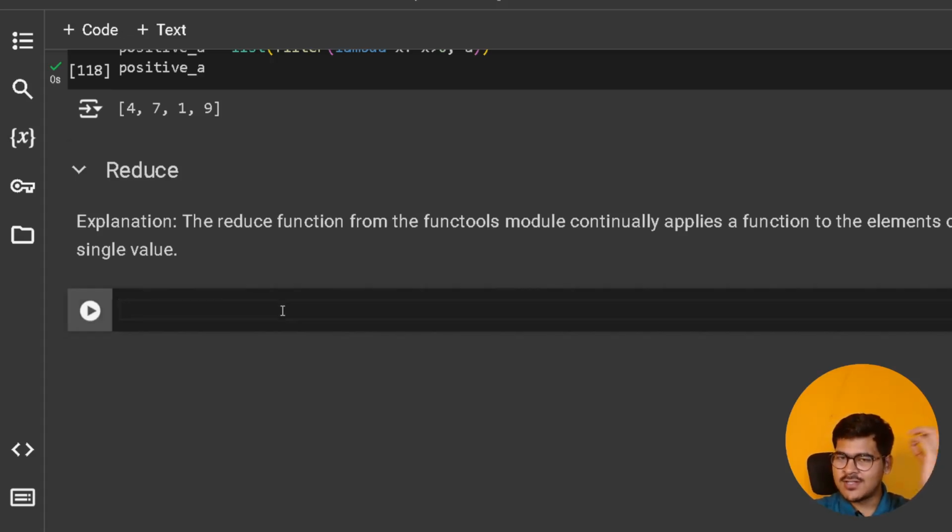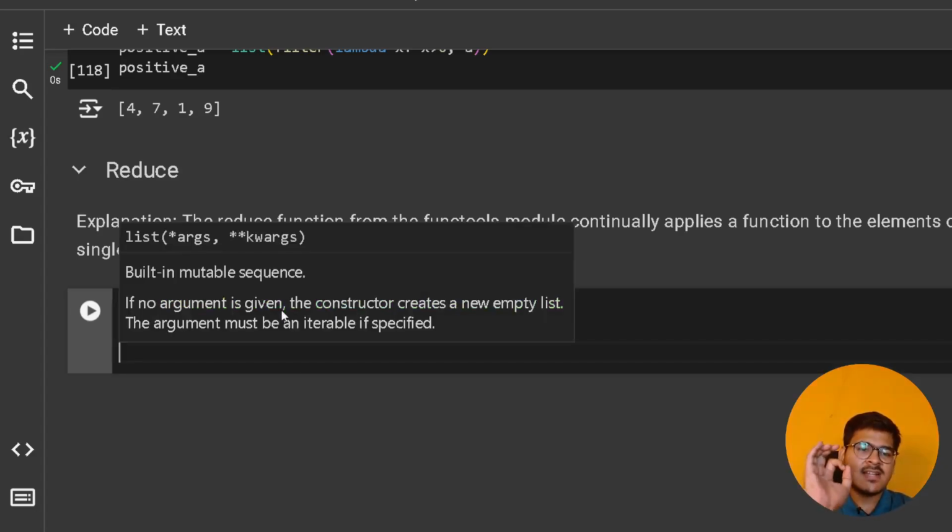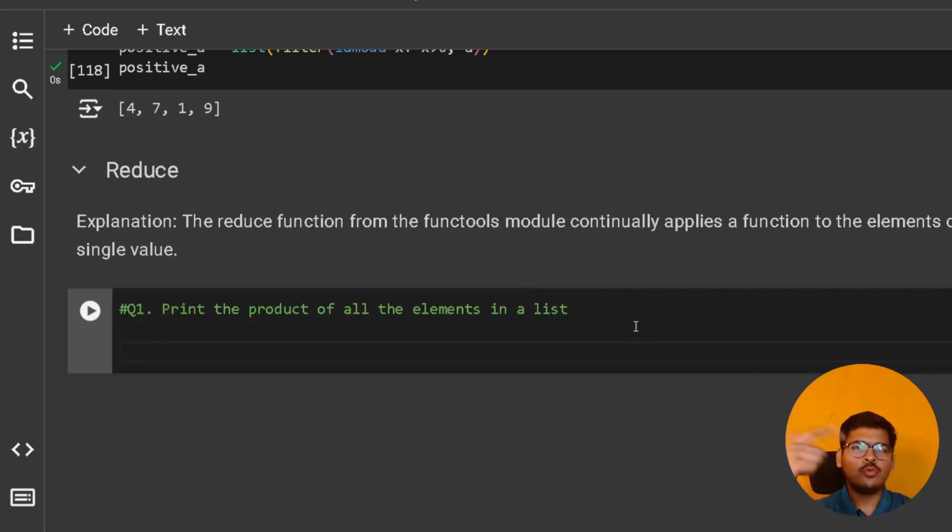Now let me help you understand, as always, with the help of an example. Suppose I have this question. Question 1: Print the product of all the elements in a list. Now let's understand how we'll do this. Again, you can write simple loop-based code to initialize product to 1 and then multiply by every other element. How I'll write it is, first I'll say from functools